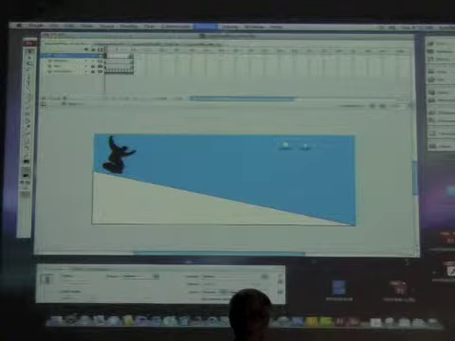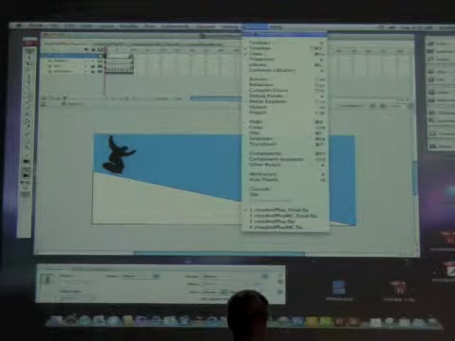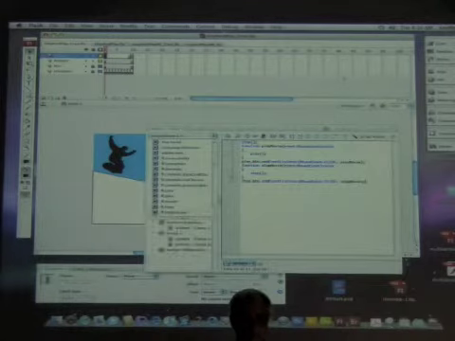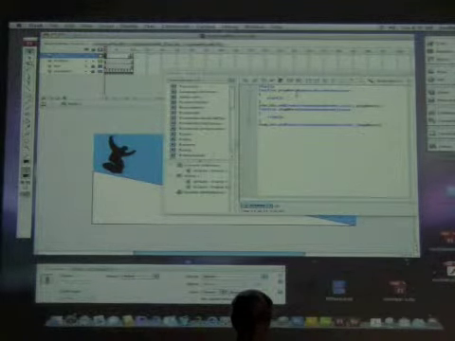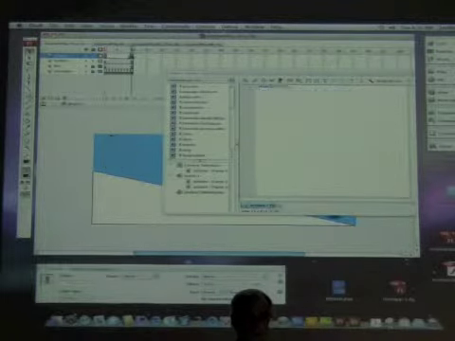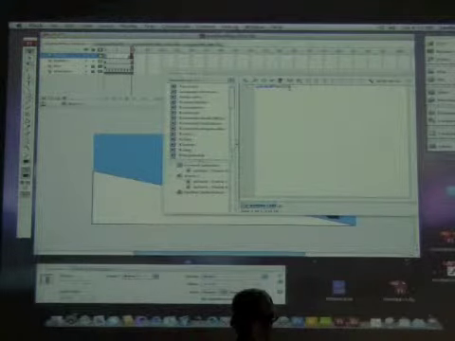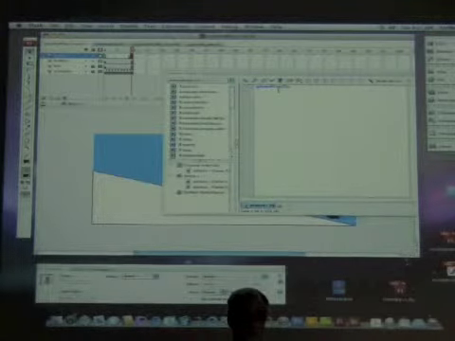So if we were to go back now on either one of these frames and look at, let me go to Window and bring up Actions, you can see we do have some ActionScript here. That's assigned to that. Similarly, we can go to the end, and we have an even simpler bit of ActionScript, but it's ActionScript nonetheless. It's been applied. And fortunately for me, this part of the ActionScript is no different for version 2 and 3,